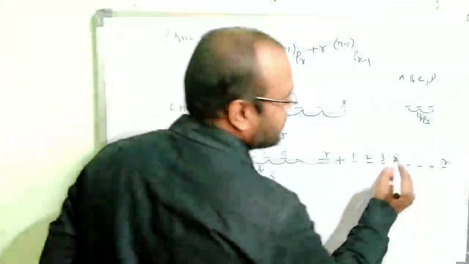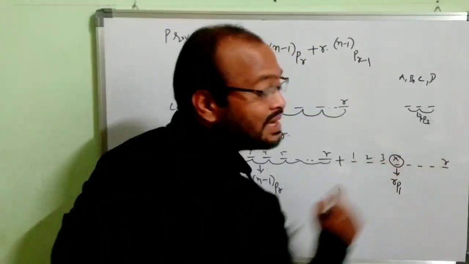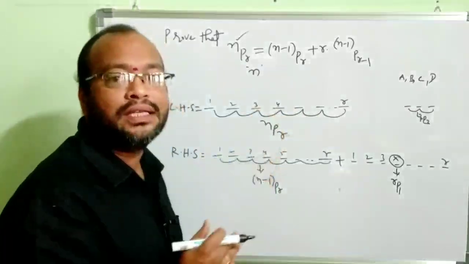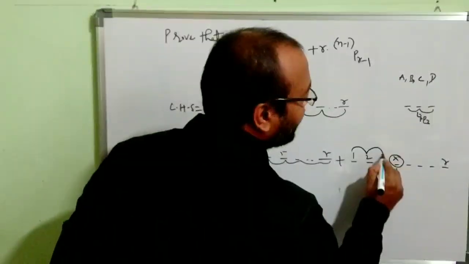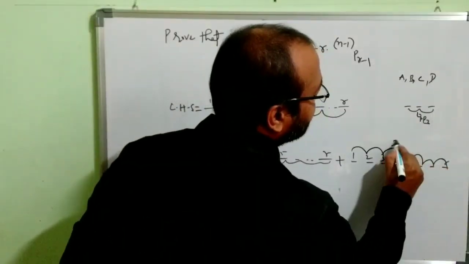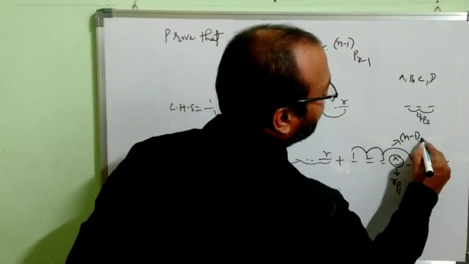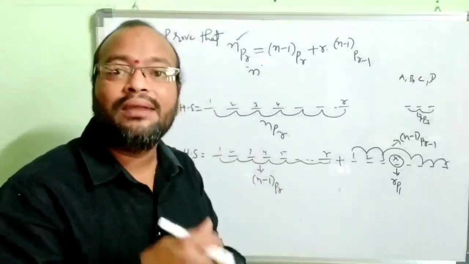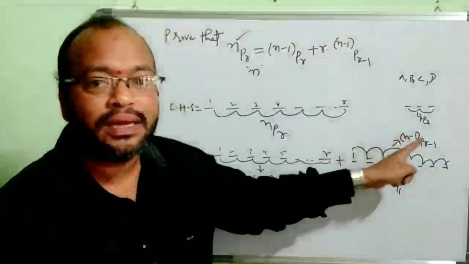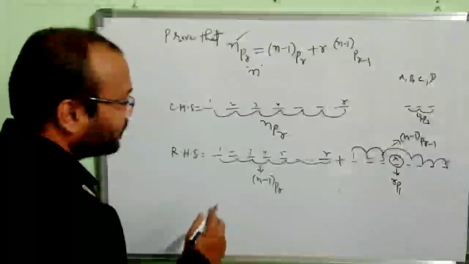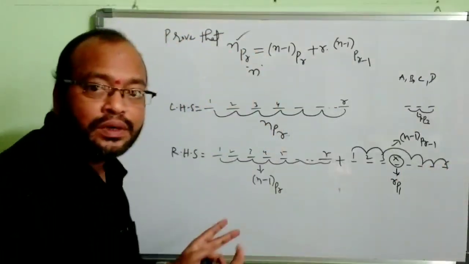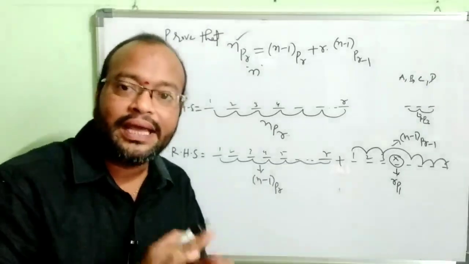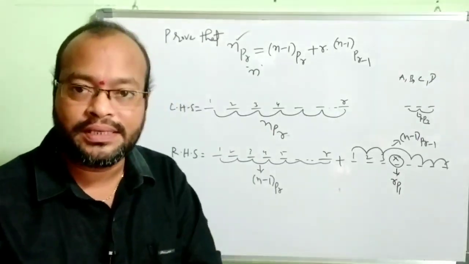Now this place is filled. Now how many places are there? R minus 1 blank places. How many members are remaining? N minus 1 members. How many ways can we fill them up? Same, N minus 1 P R minus 1, because R minus 1 blank places are there and N minus 1 members are there, we can put them in N minus 1 P R minus 1 ways, right? So in total, what did we conclude? We arranged n elements in R blank places.